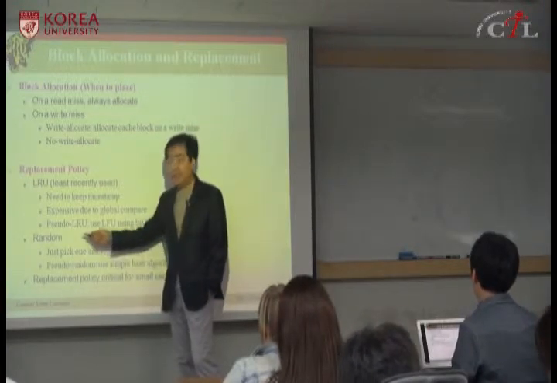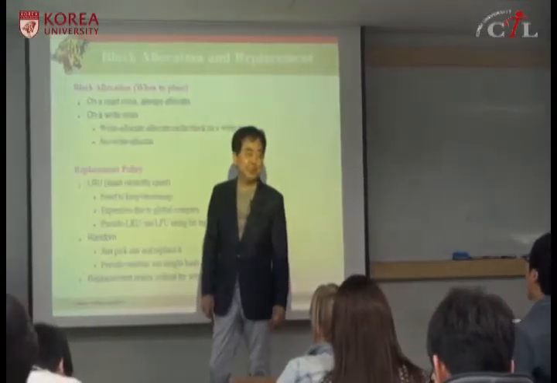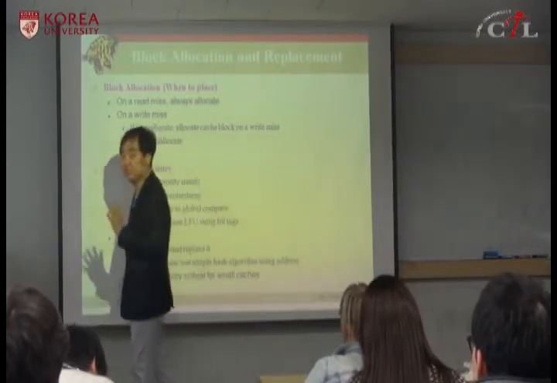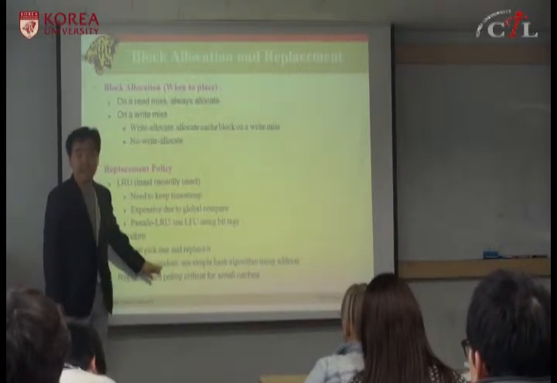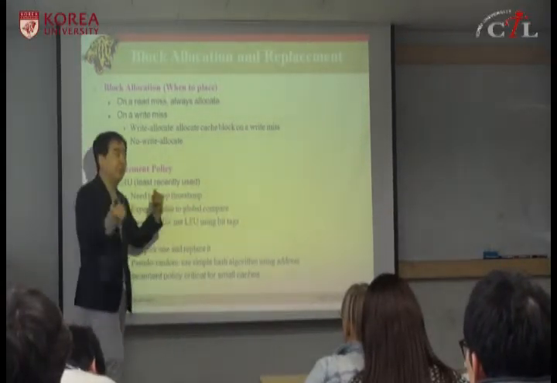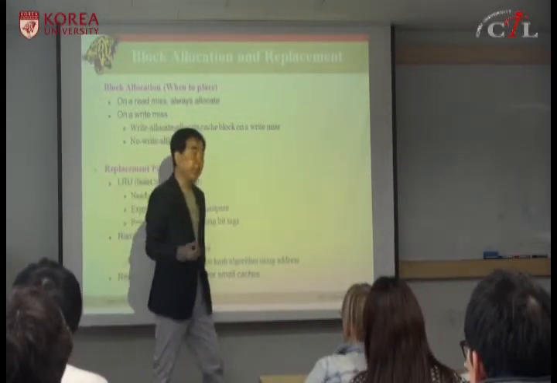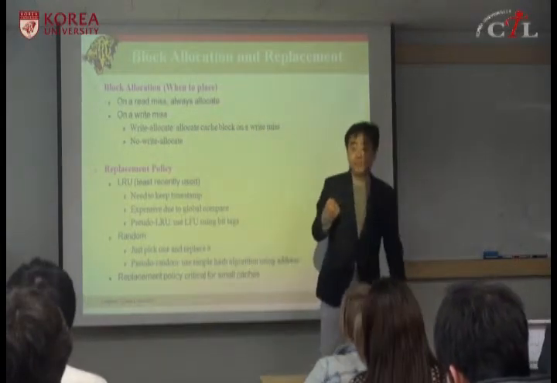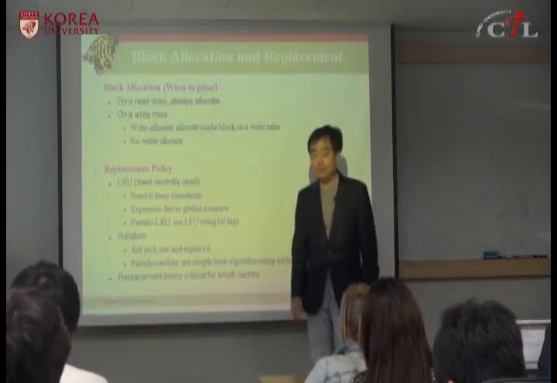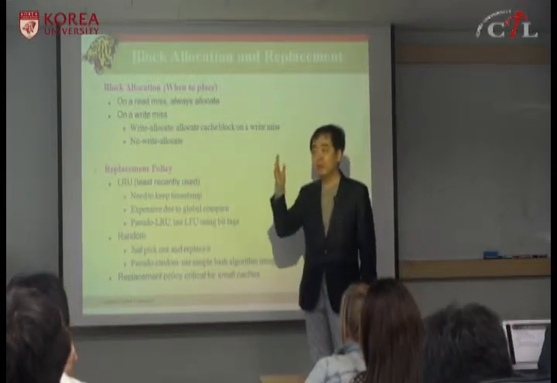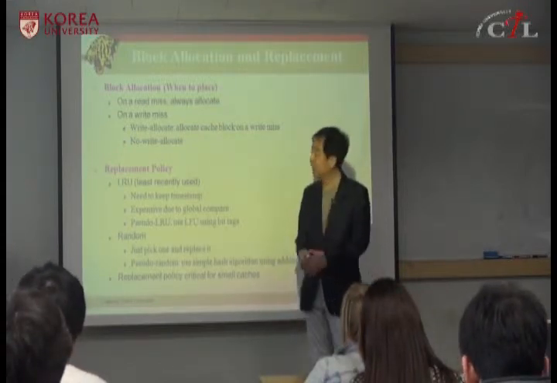The problem is that the random algorithm is not easy either. If you remember C programming, random number generation is not easy. So they simulate pseudo-random, which is kind of hashing. Hashing means from the 32-bit address, you select some bits and do an exclusive OR and generate some bits, so that you select one out of, maybe, 1000 sets. Not 1024, actually.